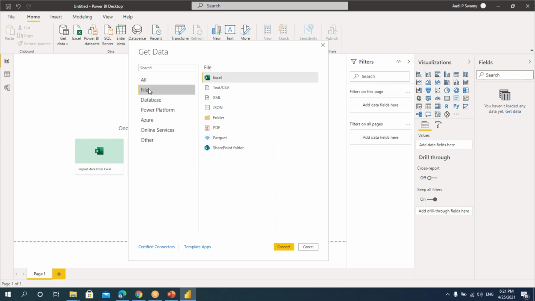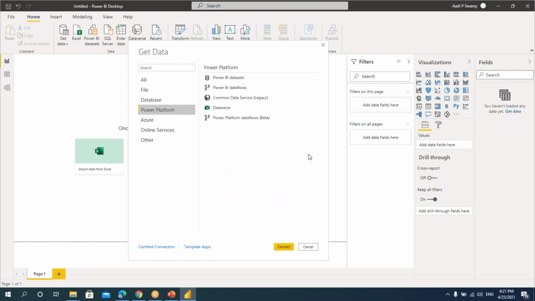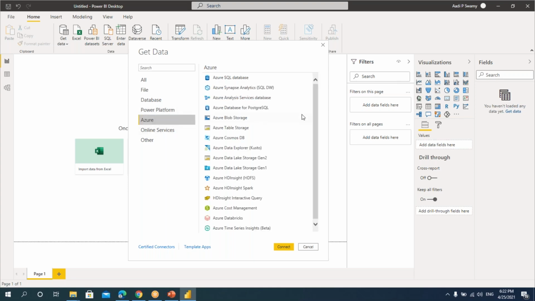Otherwise, we can also go here and click on this file. This is for the flat files. If you want a database, that is SQL Server, Access and things like that, anything from the database you can connect here. Then we have something called Power Platform. Power BI itself will have its own datasets. If you want to connect that, I can connect here. Azure, that is the cloud. From there also I can connect and get the data.